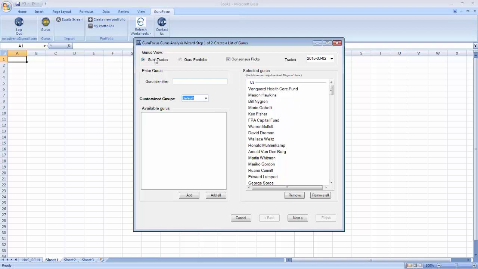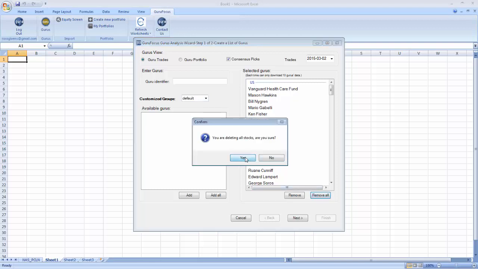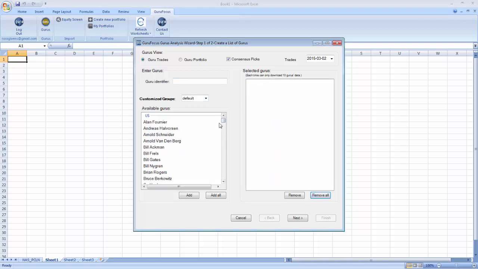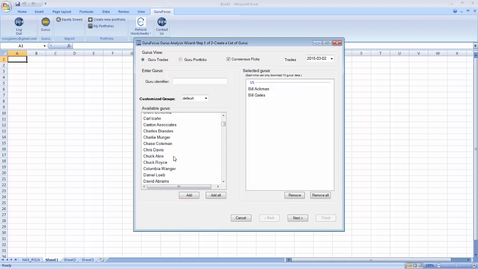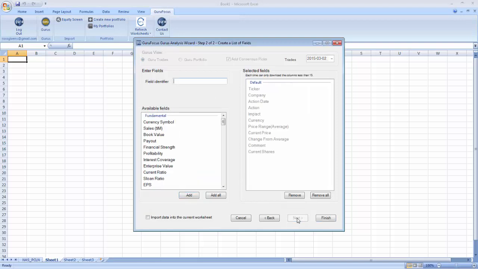But you can do a couple of things. You can look at total Guru trades. So if you just want to, let me remove all these and start fresh, and we can look at Ackman, Mr. Bill Gates, King of Microsoft, Chuck Royce, whoever. You can add a few of these in here, Daniel Loeb, and just see the Guru trades. And all you got to do is hit next, and it's going to populate